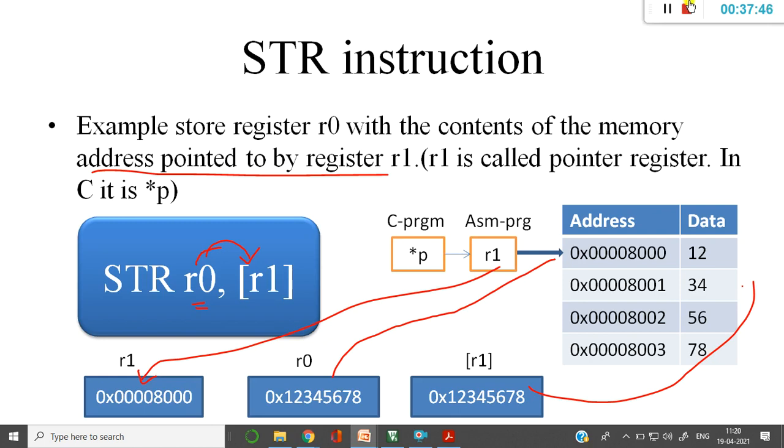I think this made it clear. So we'll see the next type of instruction in the